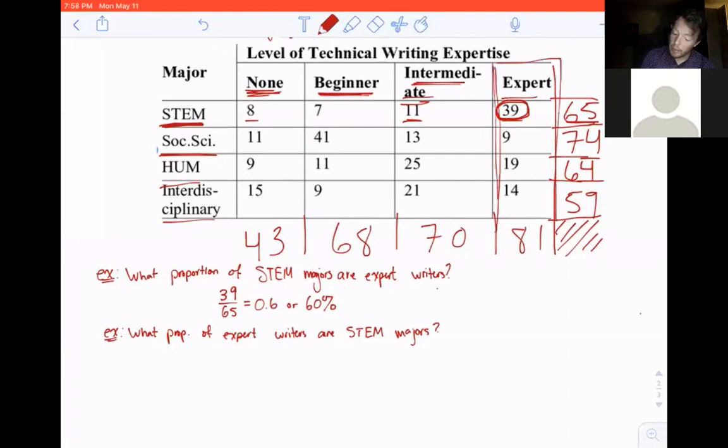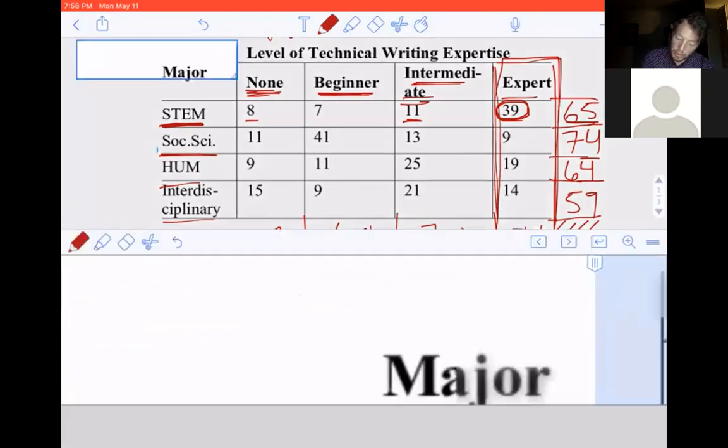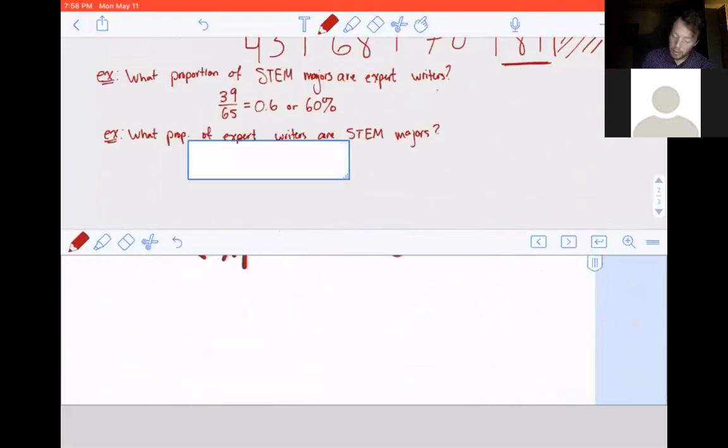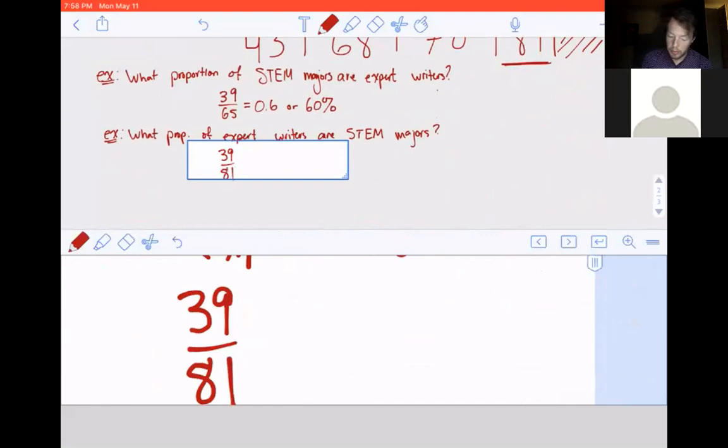And it would appear, again, there are 39 of those expert writers that are STEM majors. But now we're thinking about 39 of the total number of expert writers, and the total number of expert writers is 81. So, in contrast to our previous example, there are 39 STEM majors in the group of 81 expert writers, which is 0.481 approximately,